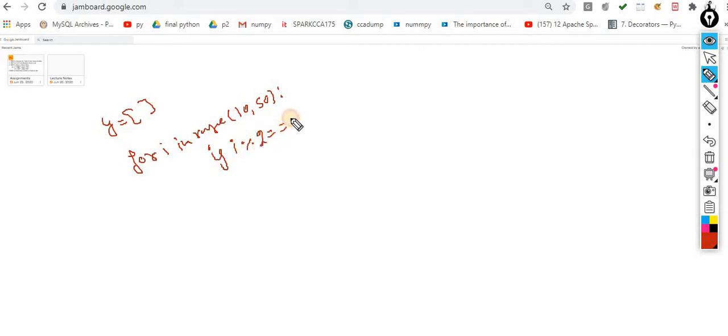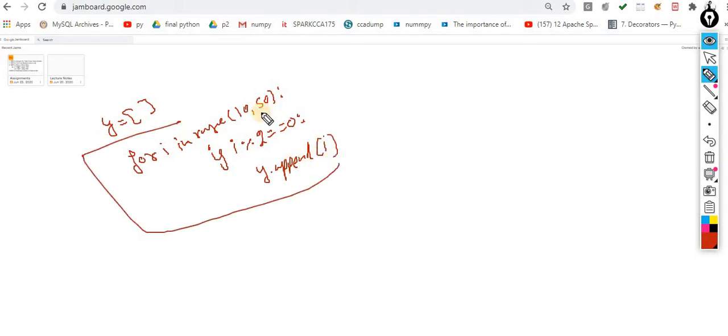Last time we wrote a program to find the even numbers from 1 to 10. Let's suppose this is an empty list, and you want to add even numbers inside it. For the same, you wrote: for i in range of, let's suppose, 10 to 50, to find the even numbers; if i modulo 2 double equals 0, then y dot append of i.